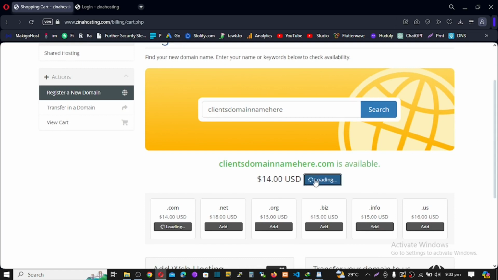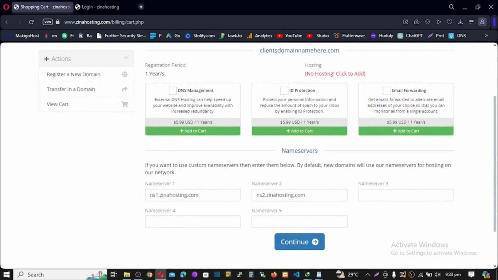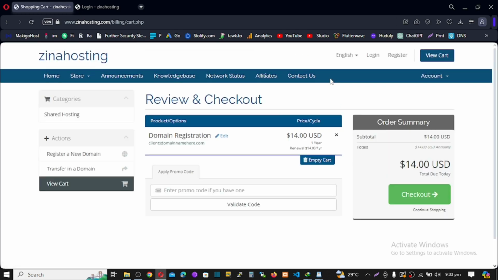They'll add this to cart, click on checkout, pick domain add-ons, something like DNS management or email forwarding, and click on continue. They can add hosting to their cart. Okay, on top there's hosting, right? They can also buy domain names. You can click on shared hosting,